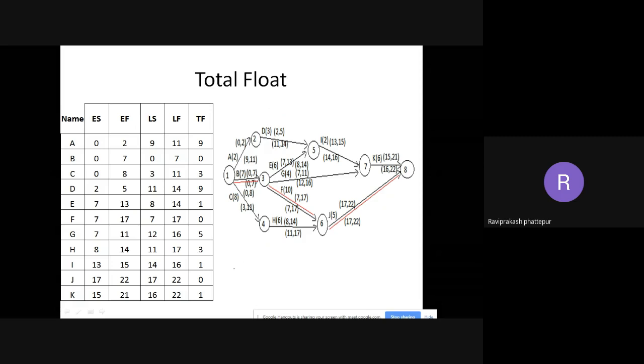This is what ends your problem. Up to total float they have asked, and we have found up to total float. So for this, what do we need to do? Draw the network diagram, then forward pass, backward pass, find the critical path and duration. Then make this tabular column stating the early start, early finish, latest start and latest finish. When you take the difference of the starts and finishes, you'll get the total float.